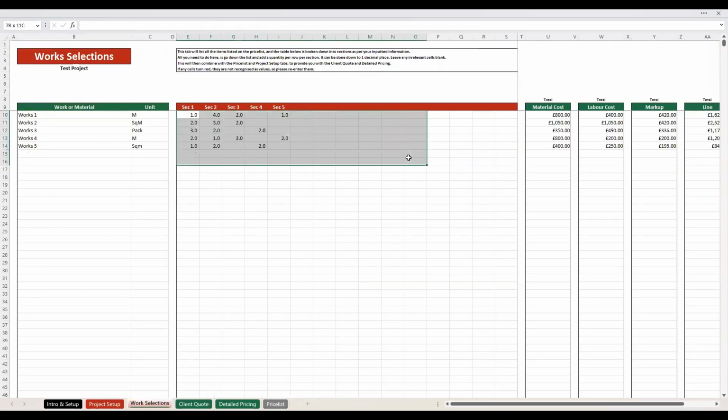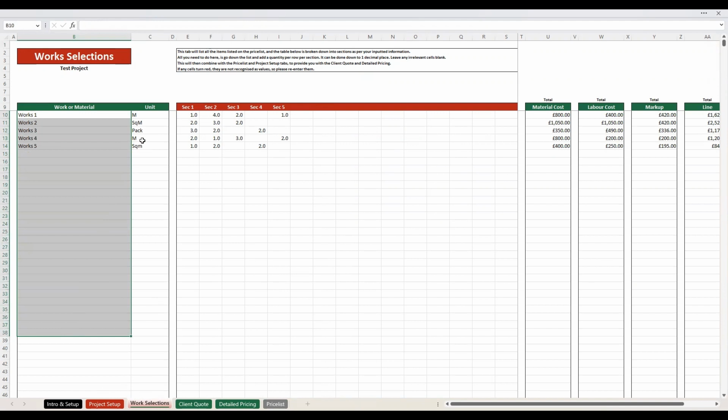So yeah, this is the work selections. Once you've got your price list set up, you've set it up for a new project with those first two tabs, all of your works and materials will be listed down the side, and all of the units will be listed over here. So you know exactly what those units are. And you can now go